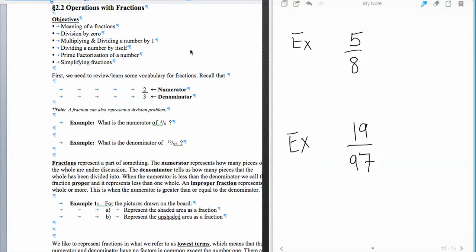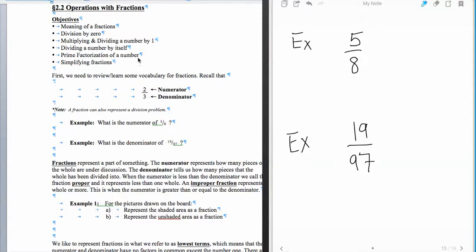This will begin our Section 2.2 lectures on operations with fractions. Our objectives this time around are meanings of fractions, division by zero, multiplying and dividing a number by one, which we'll cover at the end of this section, dividing a number by itself, prime factorization of a number, and simplifying